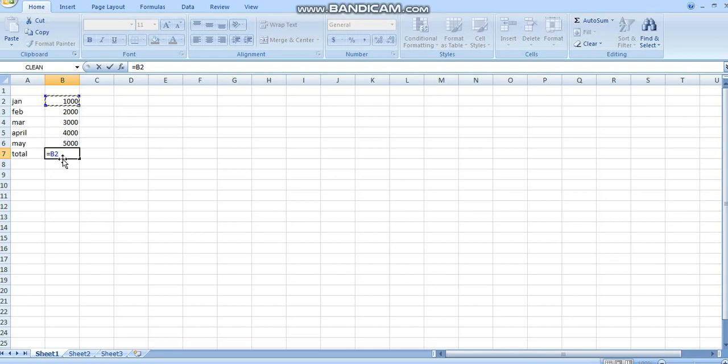Now I'll write plus, then I'll go with the third entry, 3000. It is shown here B2, B3, B4. And then the next entry, then plus, then the 5th entry. My 5 entries are selected. I'll press the enter key. Now see, my answer here is 15,000.